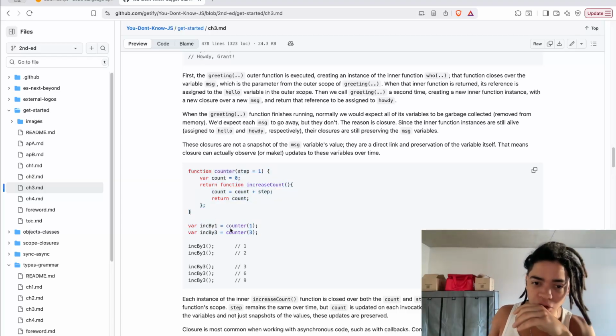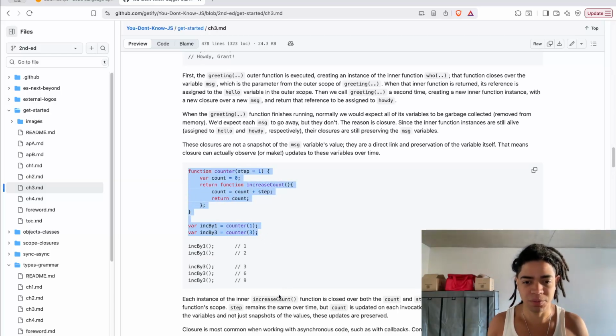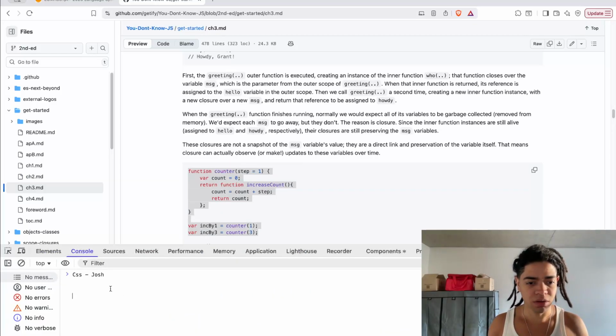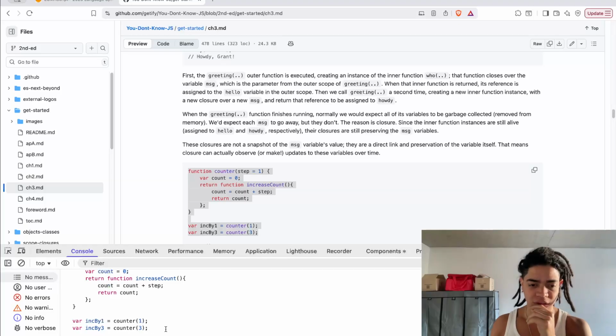You can call it in a different scope, in a function scope, or you can call it, so for example here, take a look at this. You can either call this counter here as it is,